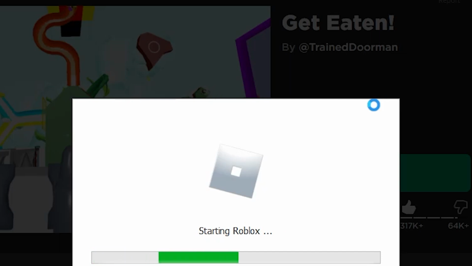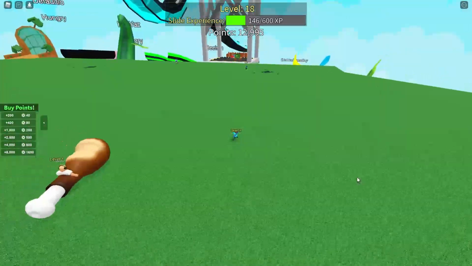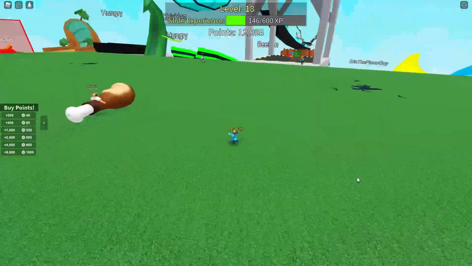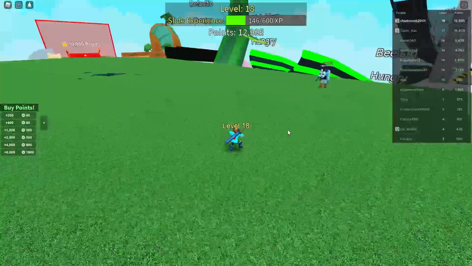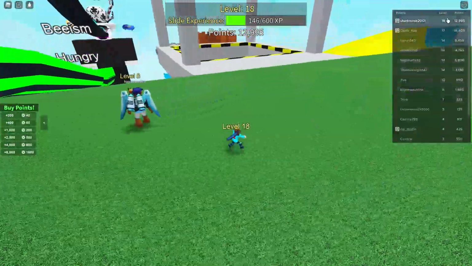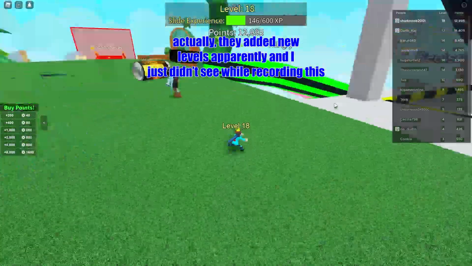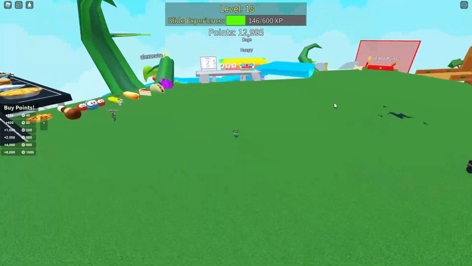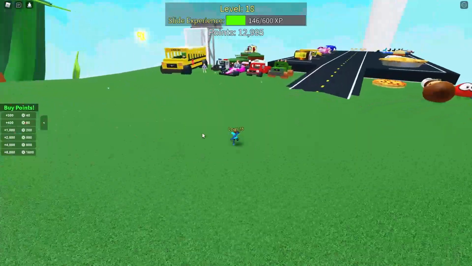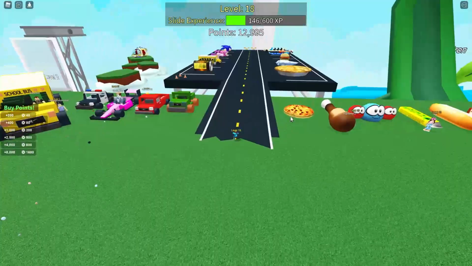So this is called Get Eaten. And as the name suggests, you get eaten. Oh, apparently there's a new badge for unlocking everything that I only just now got, because I guess it's new. But yeah, I beat the game, I guess, other than a few slides, because they added more based on these points. So, I've been level 18, the maximum amount, for a long time. Somewhere around here, I think there's supposed to be a thing where you can change your avatar size, which is why I can be this size, because I'm level 18.